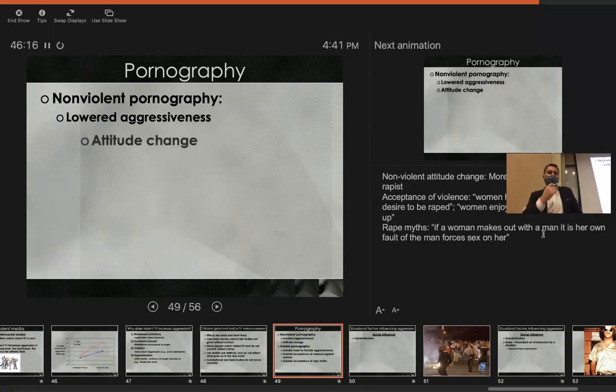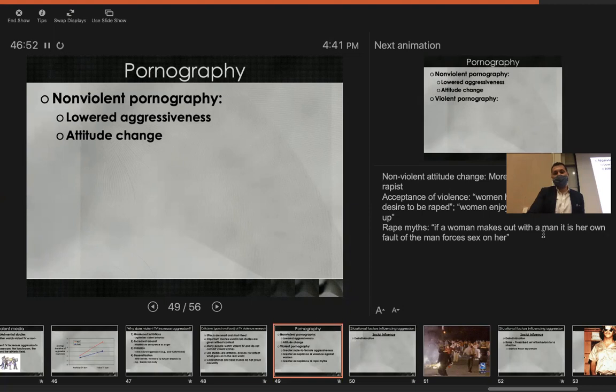On the other hand, it also led to sort of a negative attitude change. So in particular, what the researchers did is they told participants about a trial where a man had been convicted of rape. And they had to decide on sentencing for this convicted rapist. And the participants who had watched a lot of nonviolent pornography recommended more lenient sentences for the rapist than people who had not watched pornography. So it led them to become more accepting, or at least less punitive towards rapists. So kind of a mixed bag there.